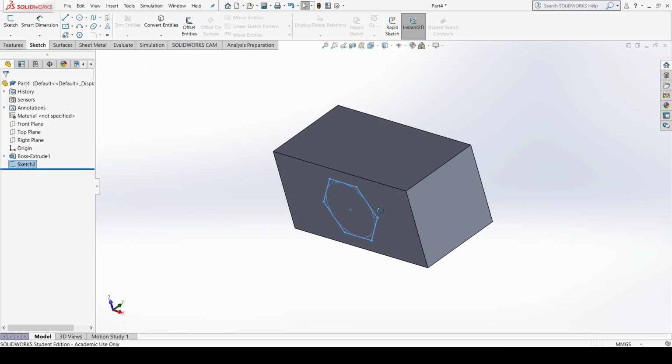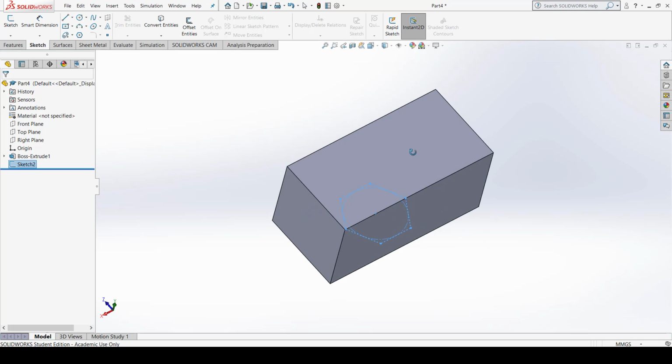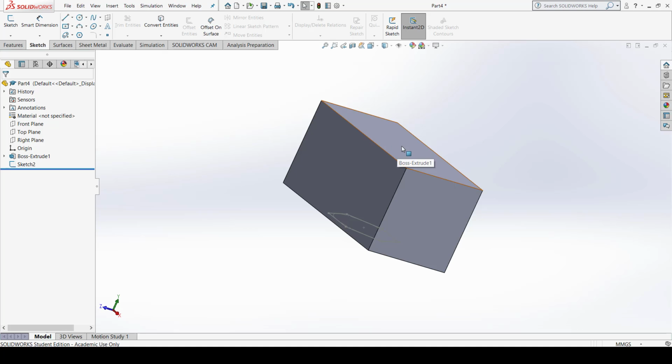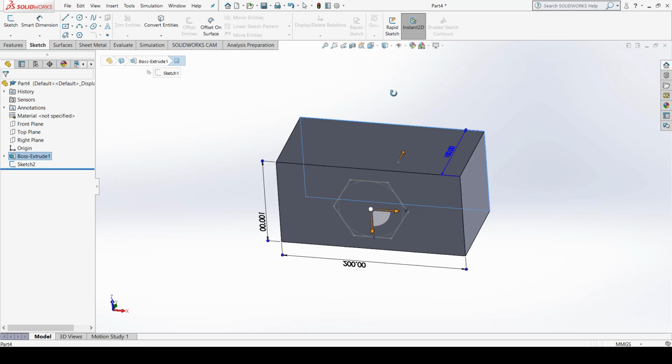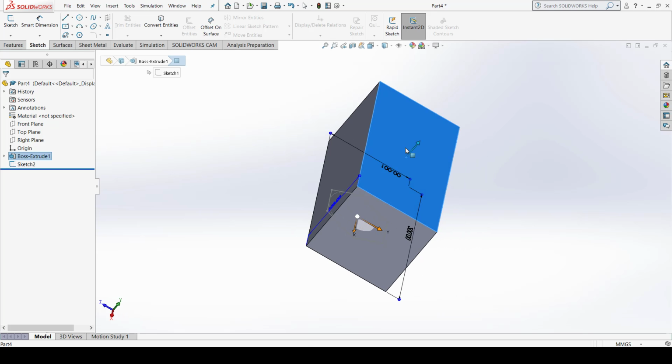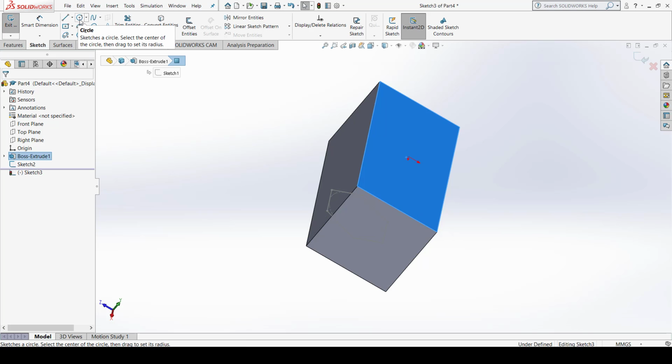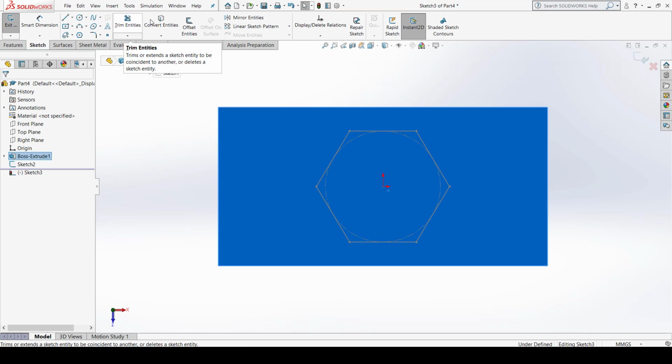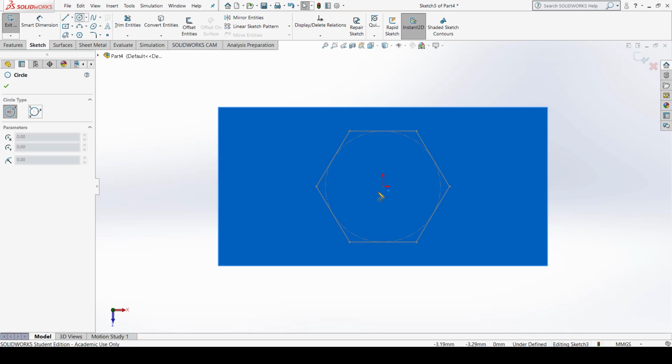This is the first profile which is used to create a cut in this component, and I have to create a new profile on this plane also. For loft cut there are two different profiles. The first one is the hexagon, and for the other I create a rectangle or a circle. So let us create a circle here. Select this plane, go to Sketch, select the sketch, press Ctrl+8 so that your direction of view is as per your convenience.